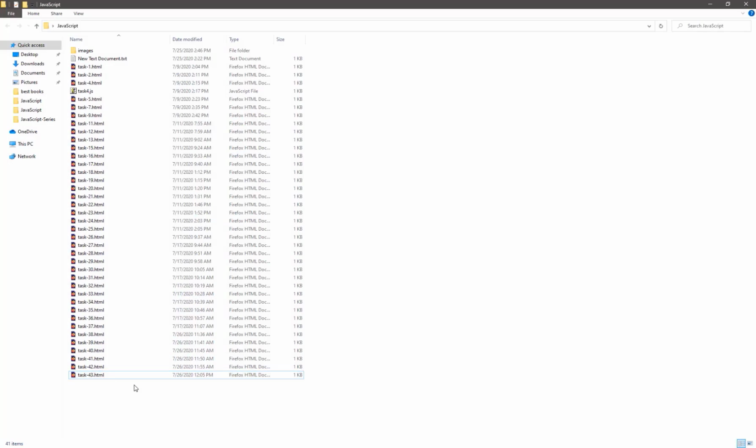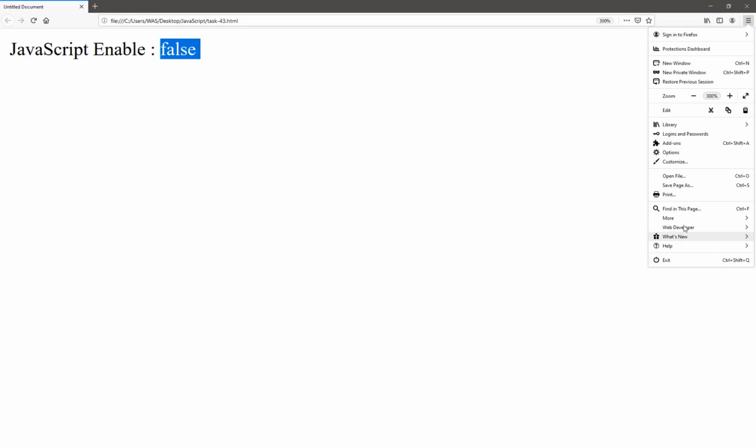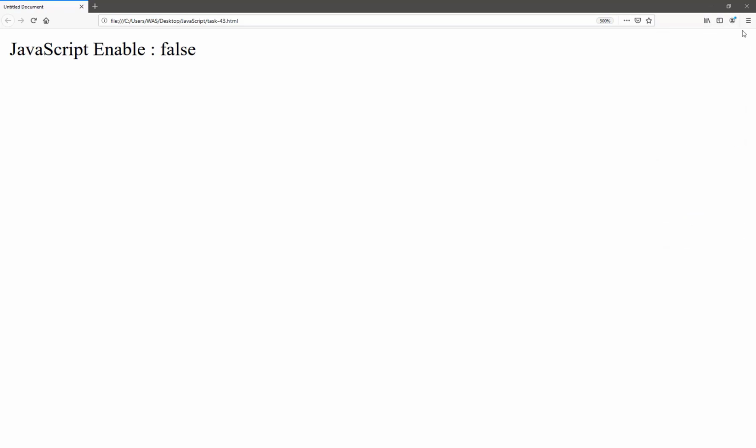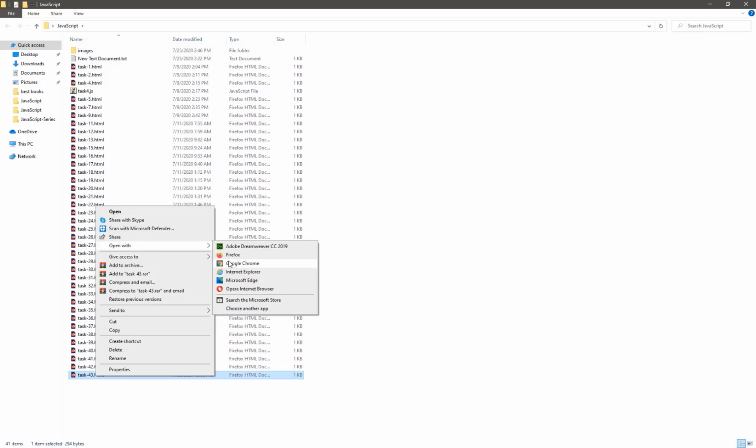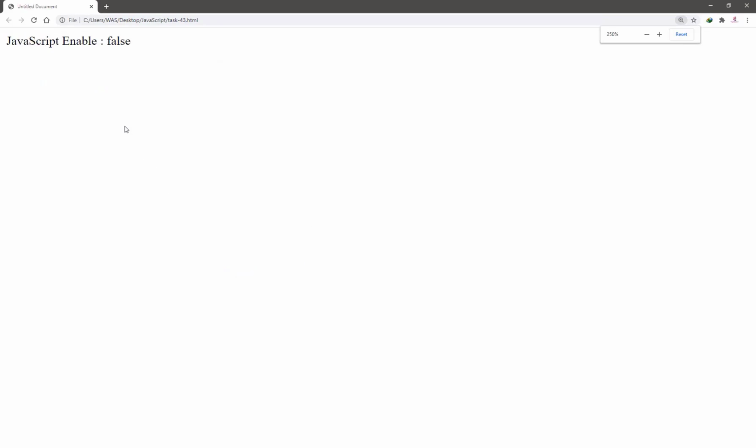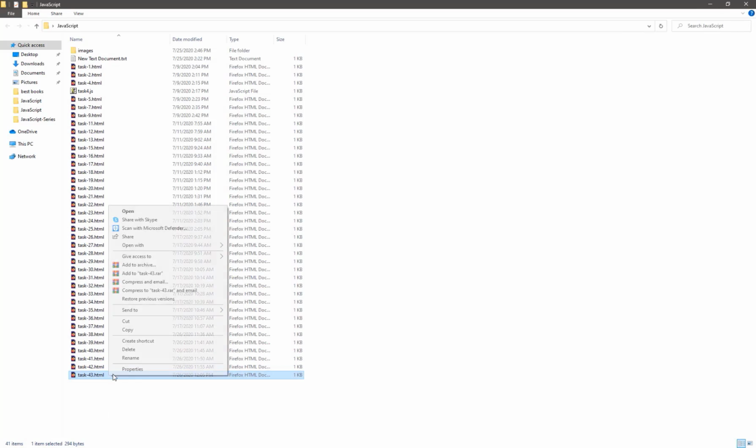It's task 43. We just click and you will see our result: Java enabled, it's false. This is Firefox, I think. Yeah, it's Firefox, so in Firefox it's false by default. Okay, let me check in another browser. In Google Chrome it's false also.